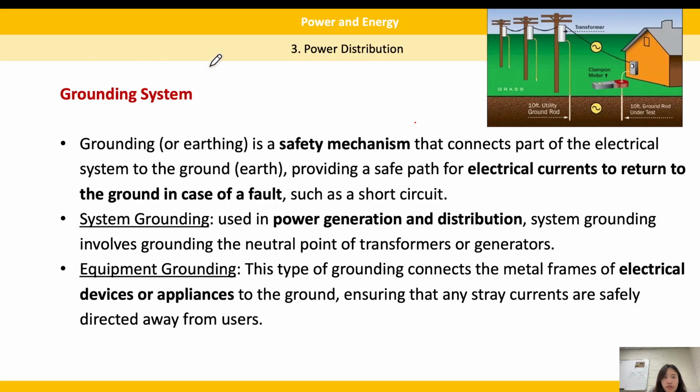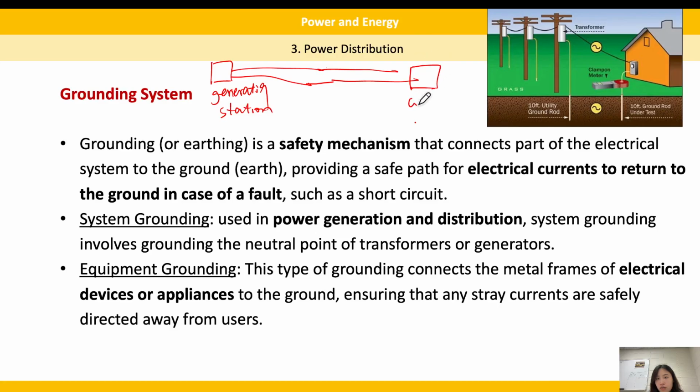Let's say the generating station connects to the consumer. In between there is the transmission line. At the generating station, we have to consider grounding. In the transmission line, we also need to consider grounding. So this type belongs